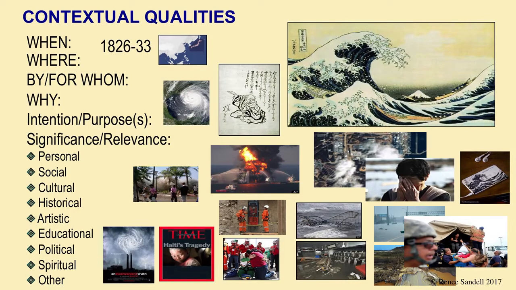The more recent Japanese tsunami and earthquake, Hurricane Sandy, coming closer to home, and even more recently Hurricane Harvey, Irma, and Maria. So these images will remind us of how we might relate to Hokusai's The Great Wave. And certainly thinking about global warming, facelessness, powerlessness, and yet thinking also about hope and stability in the distance, perhaps Mount Fuji, and pulling together.